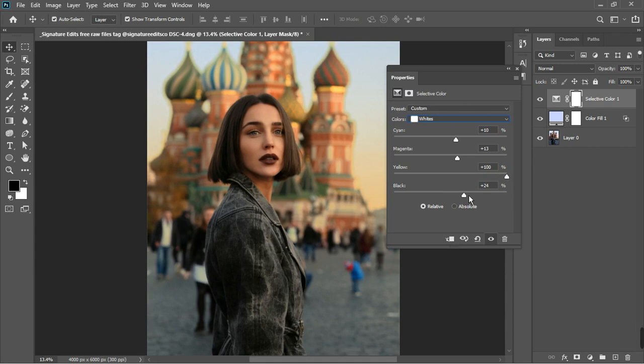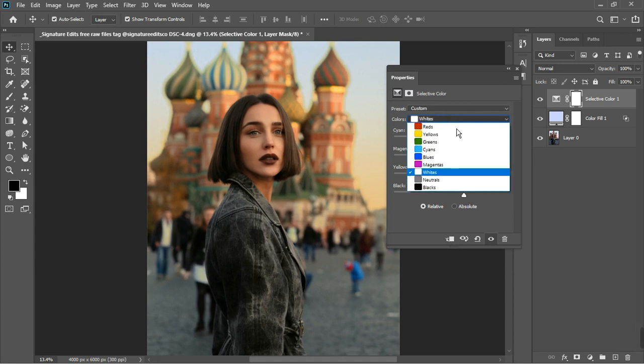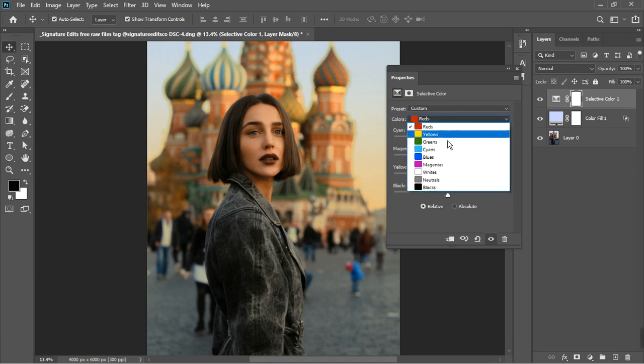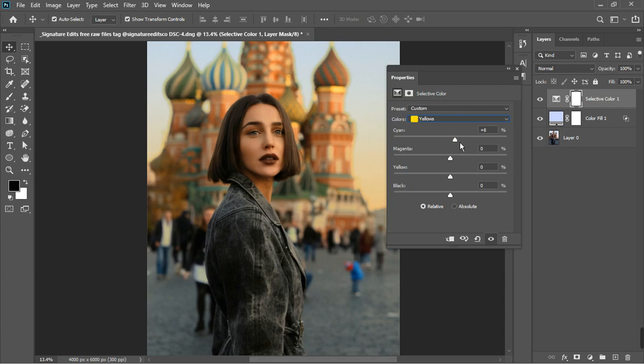24 or so. Okay, so let's go back, go to the red, and then let's decrease the red a little, just around there, and then I'm going to decrease this one too, just around there. I'm going to increase the yellows in the red, just around there. I'm going to decrease this one a little, and then I'm going to go to the yellow, and then I'm going to make the settings, increase the cyan in the yellows, and then I'm going to increase the magenta too. I'm going to decrease the yellows,